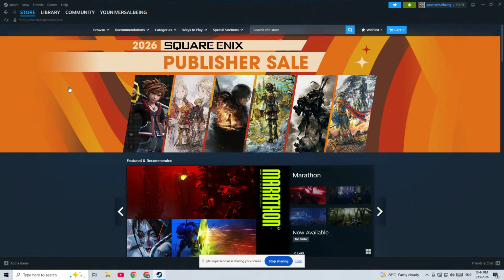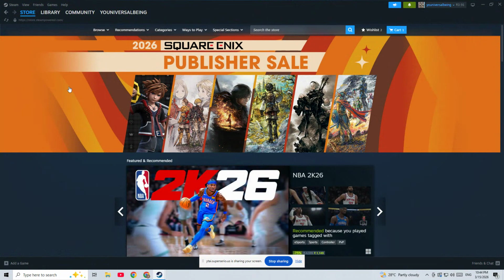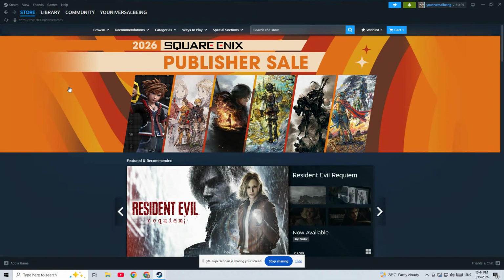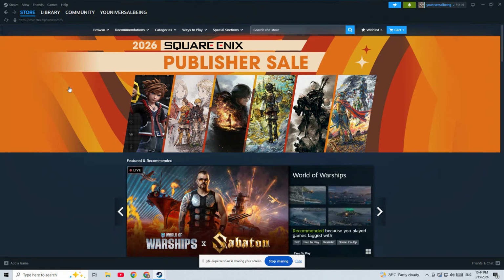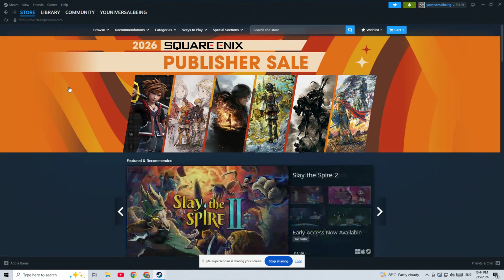Steam Remote Play is an amazing feature that lets you stream games from your main PC to another device. But if your settings aren't configured properly, you can run into serious lag, frame drops, and latency issues that make games almost unplayable. The good news is that fixing most remote play lag problems only takes a few quick adjustments